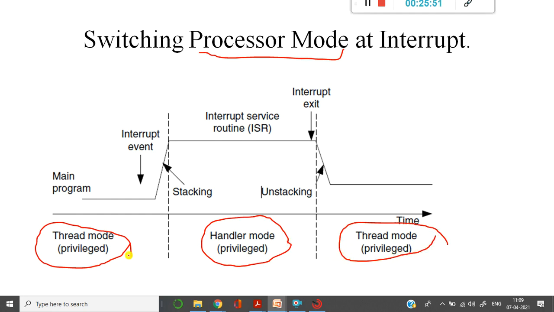Now this is a switching process between thread mode, which is in a privileged state, and moving to handler mode, which is also a privileged state. The state is privileged, the mode is moving from thread mode execution to handler mode execution. Now they are executing a main program. If there occurs a higher priority interrupt, let's always think that there occurs an NMI, a non-maskable interrupt, then it will move from the main program to handler mode.